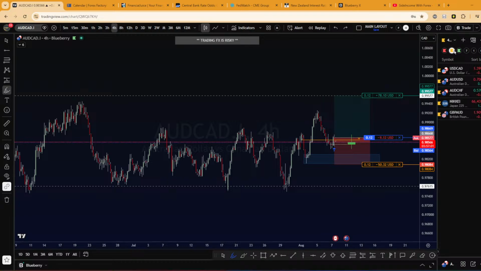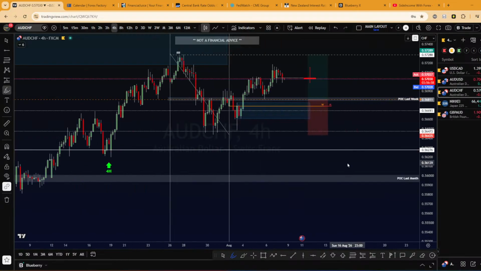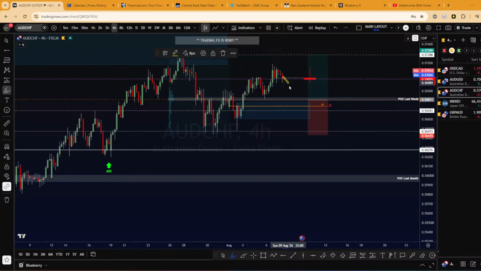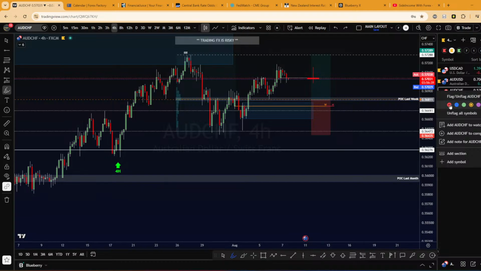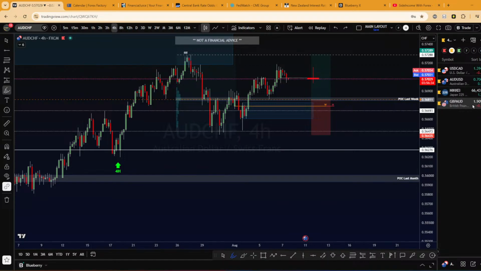Come back to OZCHF, same thing, but yeah, I want to see the RBA interest rate decision next week before engaging in this pair. So that's why I will put it on my watch list, but in the red one because this is not ready yet. I will remove it for today. The yellow watch list is just the potential trades I could get today.